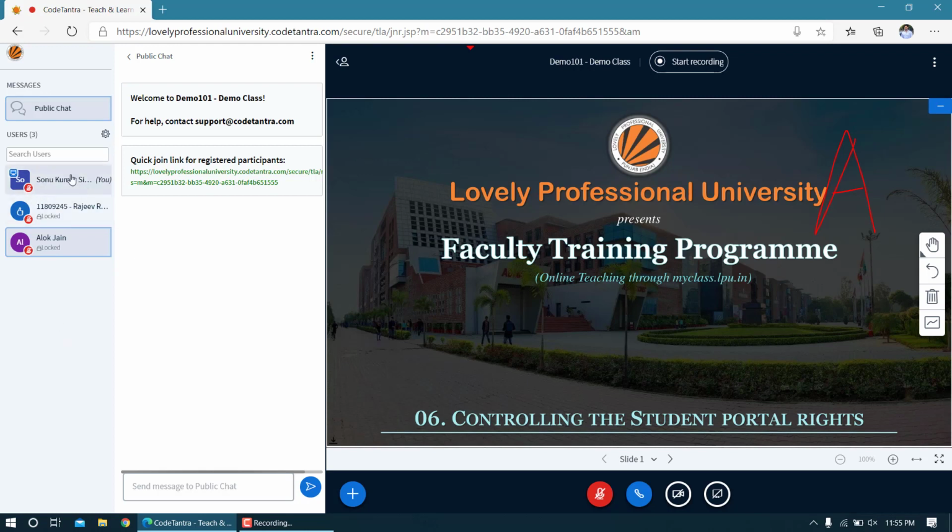Now if you want to give this control to some other student, let us say you trust this student and you want to give the rights to this student to handle the class, you can click on his name and select Promote to Moderator. The moment you do, you'll find the icon has changed from a circle to a rectangle. That means this student has got the same rights as you have. Now this is not advisable, this is an option, and how you want to use it wisely and responsibly is up to you.